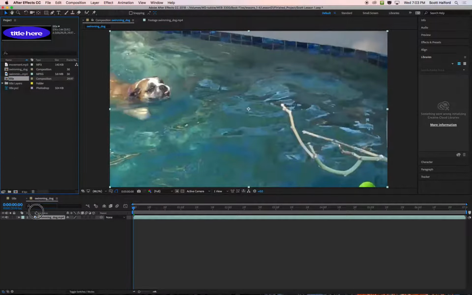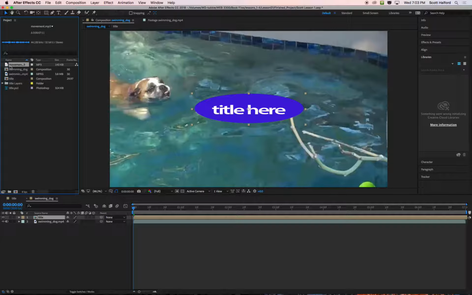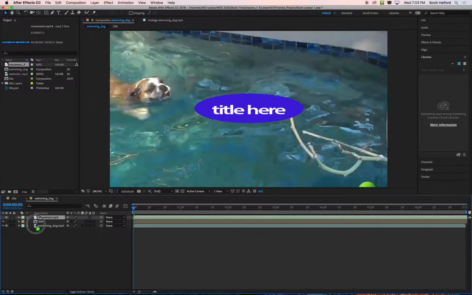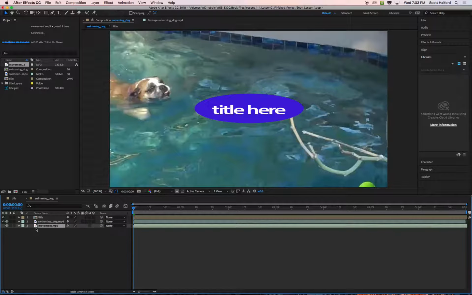composition that was based on the Photoshop file and my movement.mp3, and I'm going to put it down here on the bottom. Now, with audio files, this MP3 file, it can be stacked anywhere in the layer order. It doesn't matter because it's just audio. So what I like to do is put my audio stacked on the bottom. And with my timeline panel, I can now just grab any layer and drag it up or down to restack